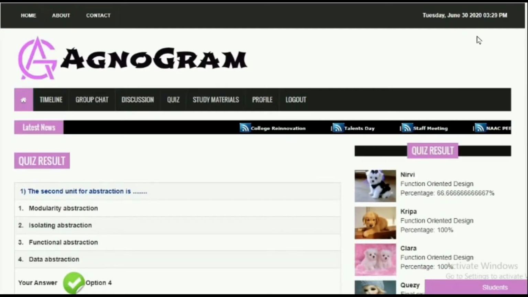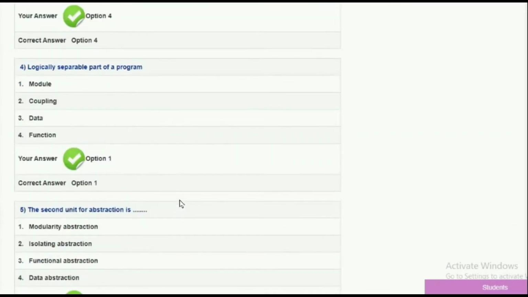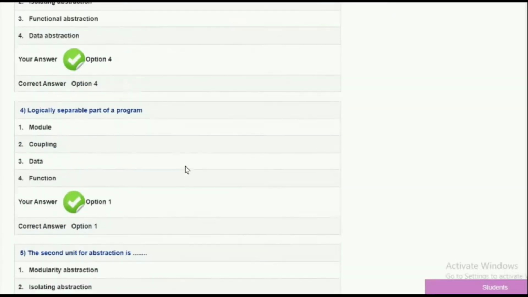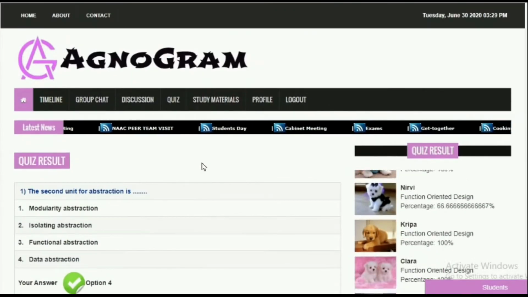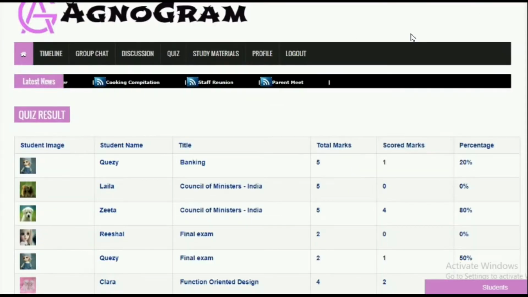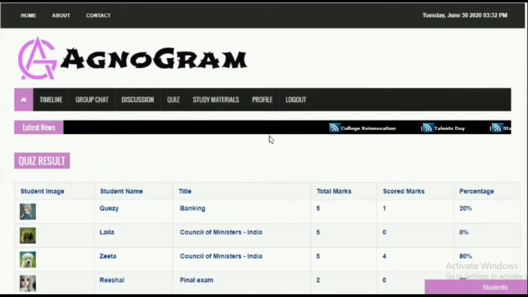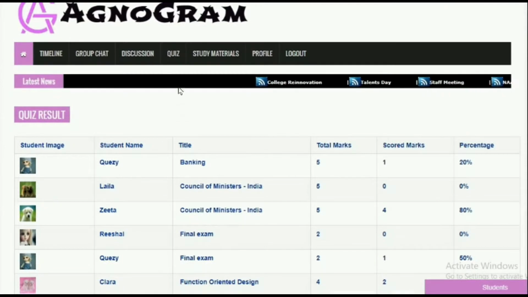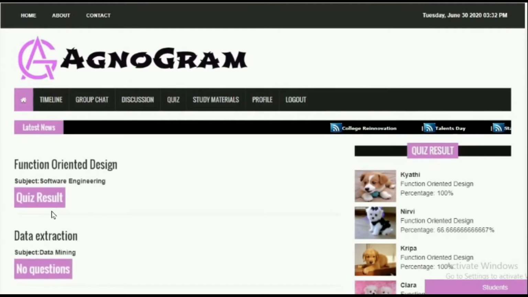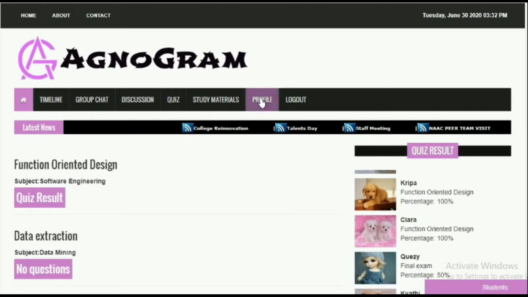Once the student finishes the quiz, the result of the quiz is available. Students can also view the quiz results. Once a student attends the quiz, they cannot attend it again.